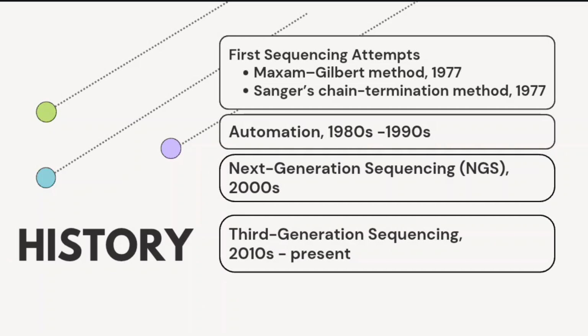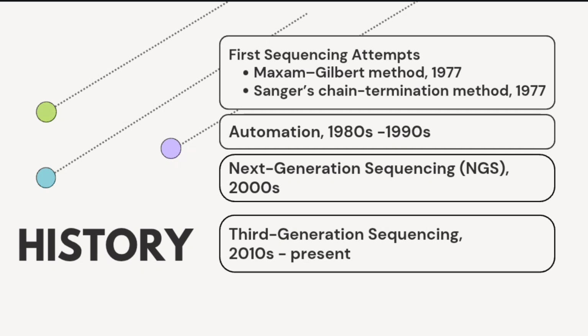In the 2000s, next generation sequencing was developed. Platforms like Illumina, Roche 454, and SOLiD emerged, allowing massively parallel sequencing. And nowadays, third generation sequencing is done with the help of real-time single molecule sequencing with PacBio SMRT and Oxford Nanopore,